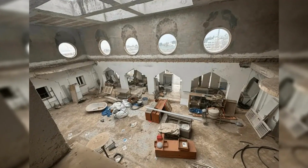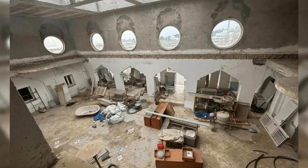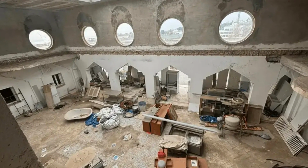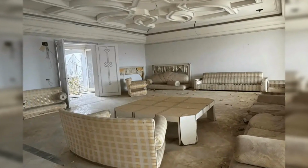On the king's death, Marbella held 3 days of mourning, and there is now a public street named after him. King Fahd is remembered for bringing in a huge amount of revenue to Marbella on his grand visits. Elsewhere, a massive 52-room castle with a giant swimming pool